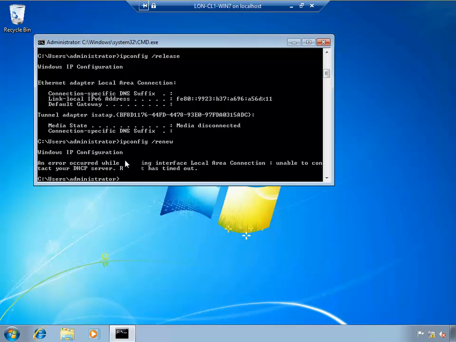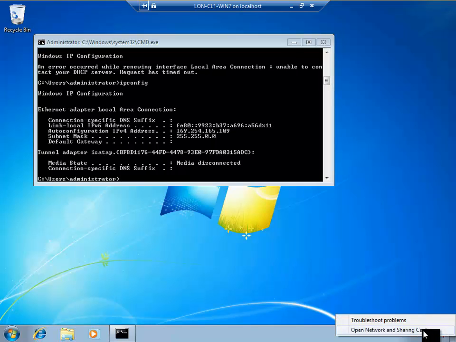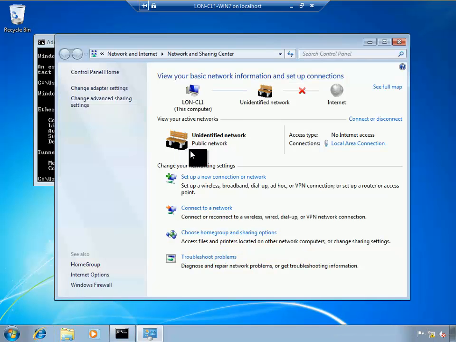So if I do ipconfig, what do you think I should get? Yep, 169.254, which means APIPA. I couldn't communicate with my DHCP server. So I'm going to change the IP address to what we said earlier. So open the configuration on the adapter,